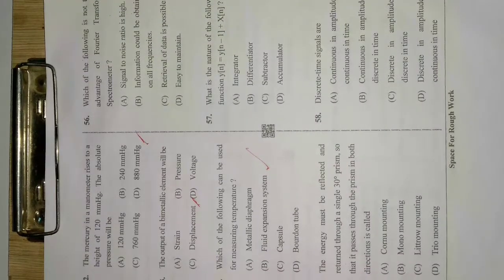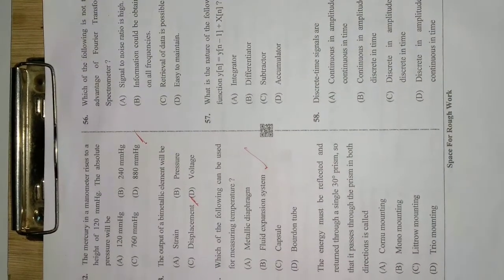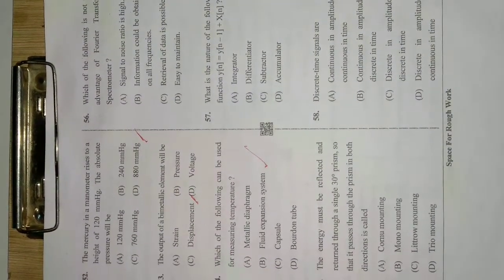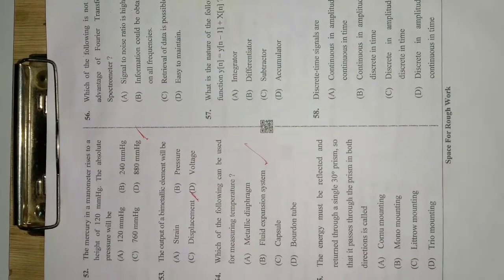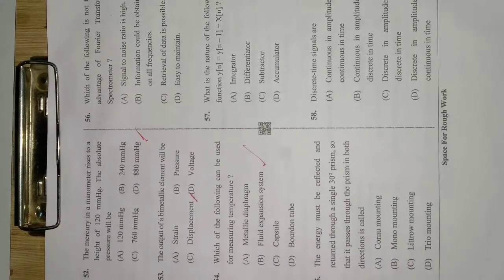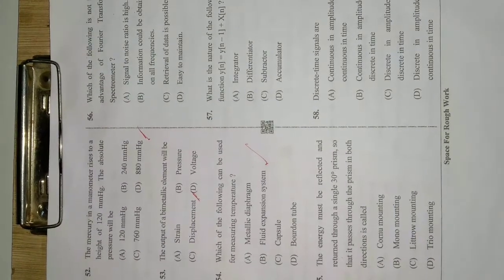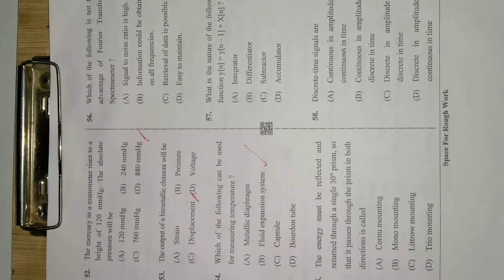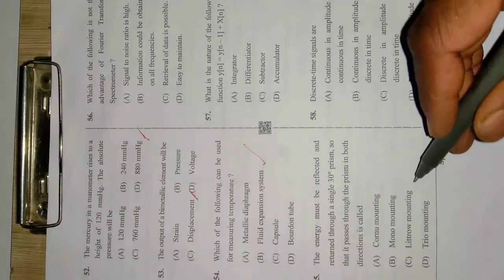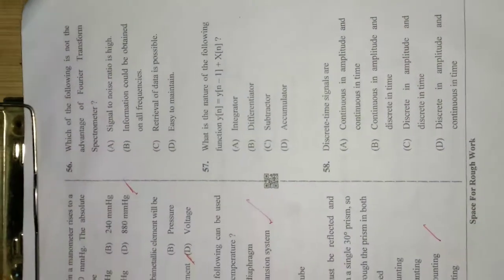The next question is: the energy must be reflected and returned through a single 30-degree prism so that it passes through the prism in both directions is called crown mounting, mono mounting, litho mounting, and trio mounting. So the answer for this one will be litho mounting, that is option C will be the correct answer. So then